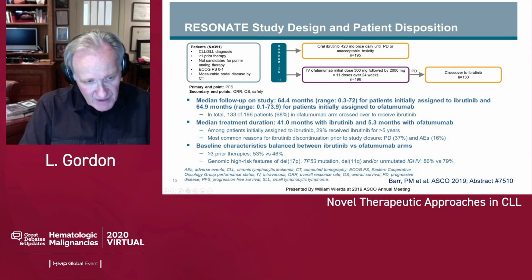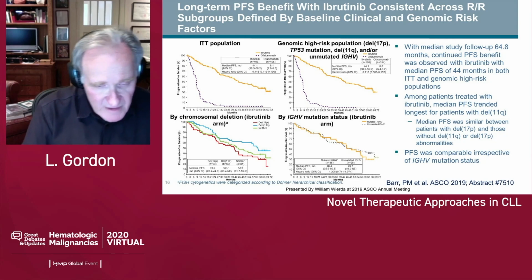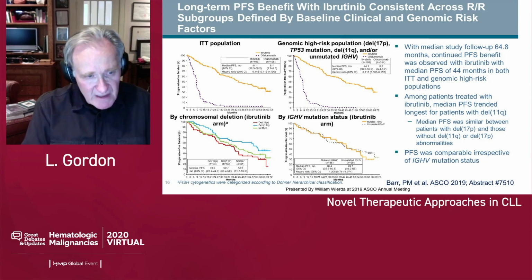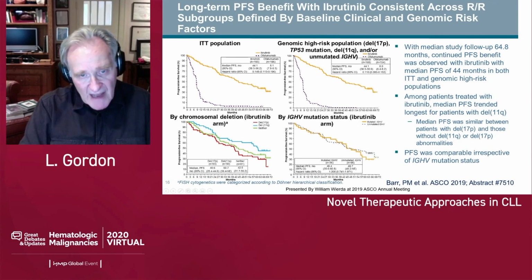This was stopped early, and I think clearly demonstrated ibrutinib as a better second-line treatment. And not only, if we look at subsets, patient populations, in the intent to treat population on the left, in yellow versus in blue, marked improvement in progression-free survival. If you look at the higher risk groups, deletion 17p, TP53 mutation, deletion 11q, and or unmutated IGHV, again, ibrutinib